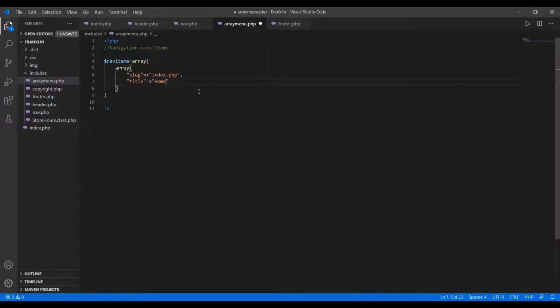The link title is home, and the file I have associated is index.php. So I'm going to copy this three more times here.